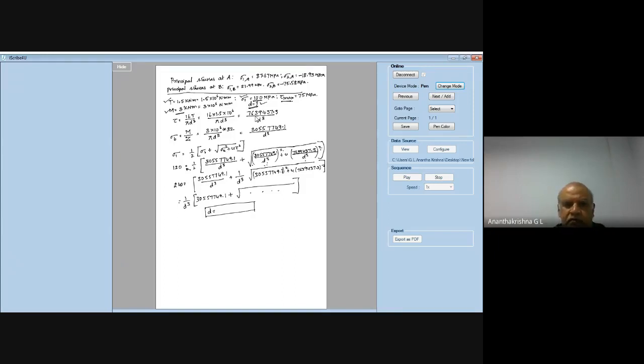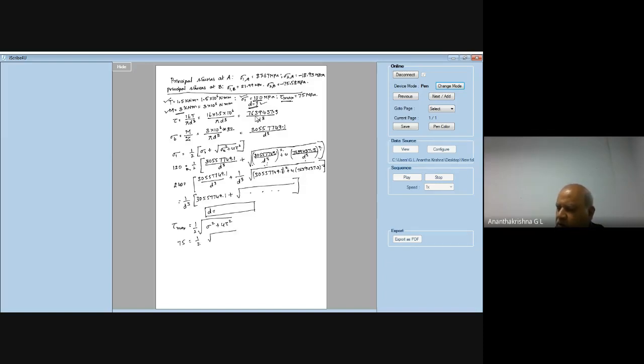Okay, give me the value of d. Others, please note down the simplification of it. And then we are given tau max. Tau max is given by what? Root of sigma square plus 4 tau square, correct? Just check what is the equation for tau max. Half of root of sigma square plus 4 tau square. So tau max is given as 75 megapascal.